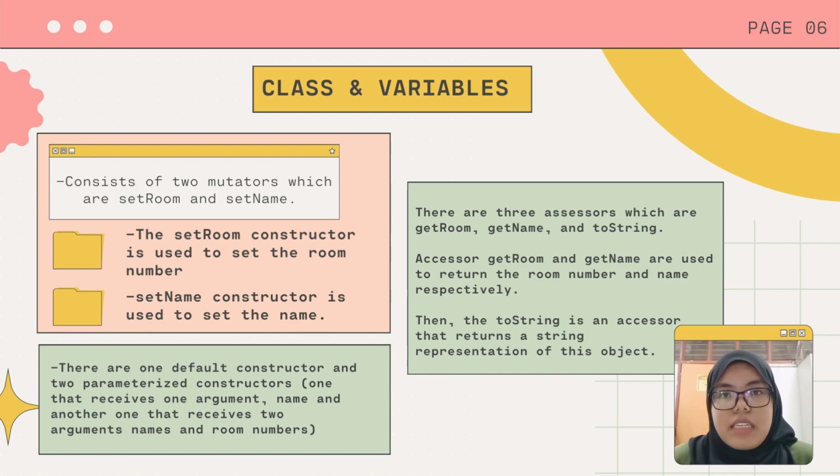There are three accessors, which are getRoom, getName, and toString. Accessors getRoom and getName are used to return the room number and name respectively. Then the toString is an accessor that returns a string